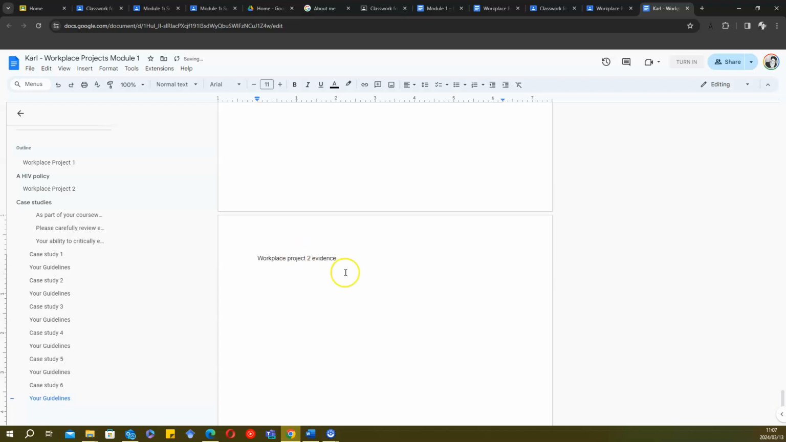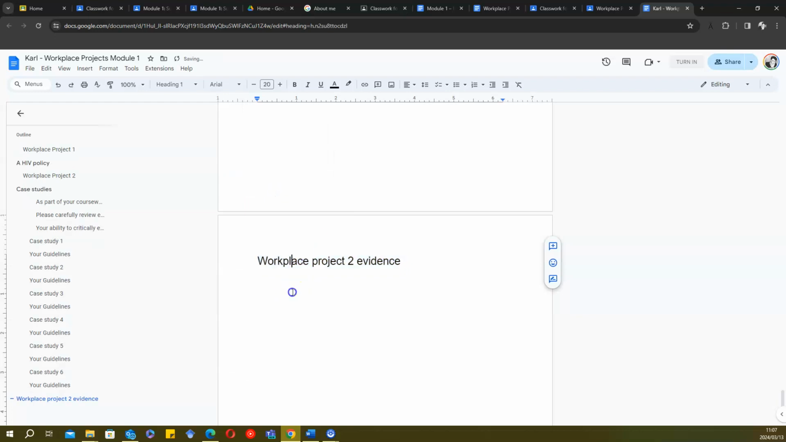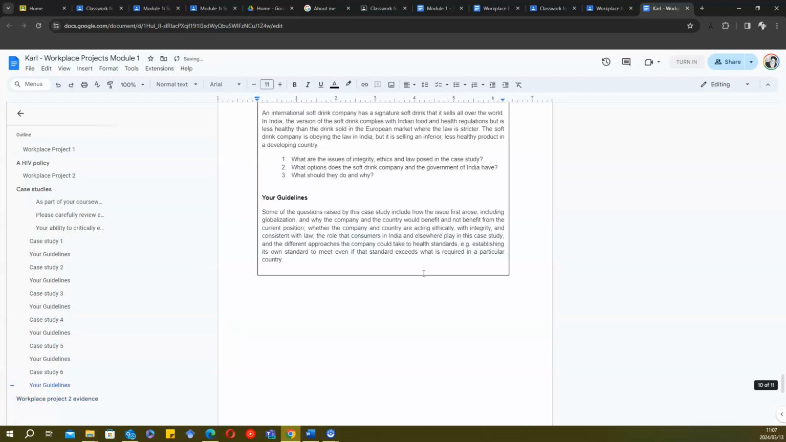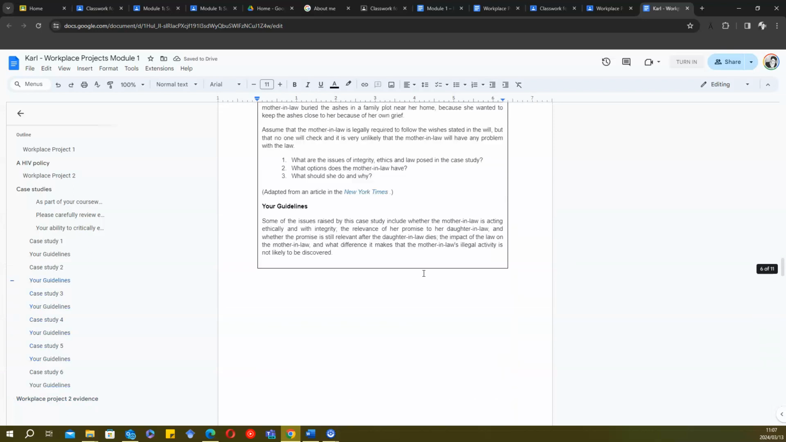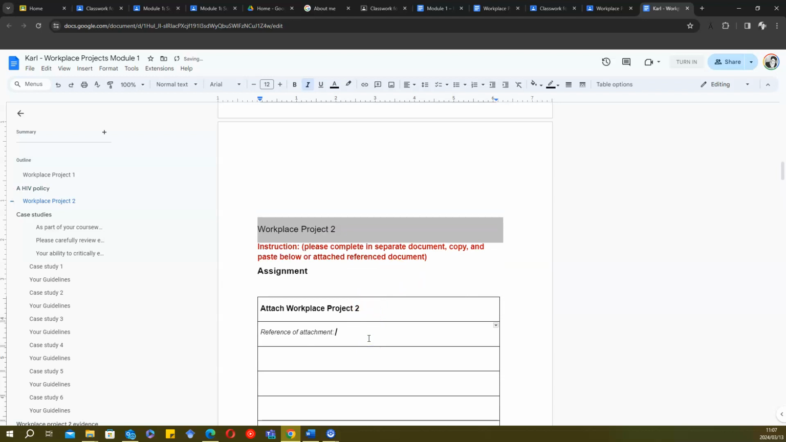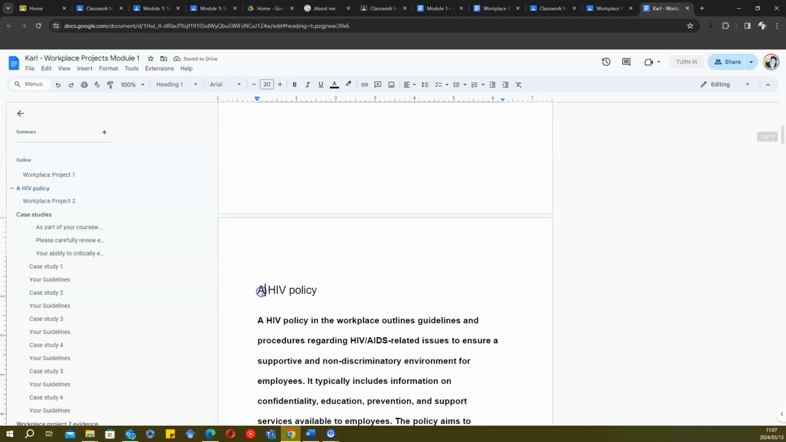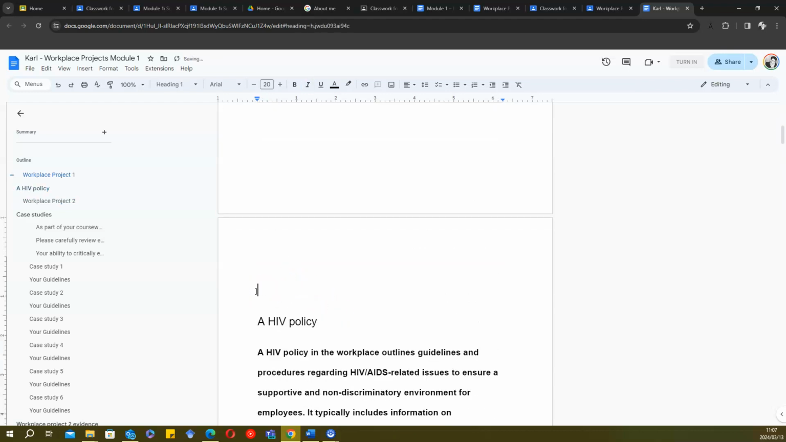And let's make it a heading, because it is supposed to be a heading. Heading 1, apply. Then you can select the 2 case studies you want to do and put your evidence underneath here. And then you go back to where the table is, and you can say see below. And maybe for consistency, I can also just add that heading in here. So let's call it